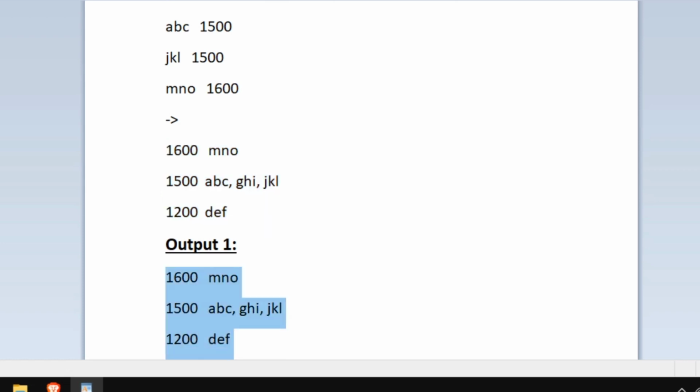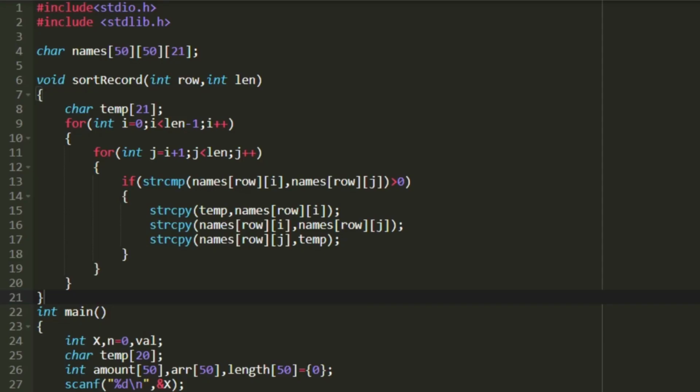So now let us see how to write a C program for this. In C language, the searching and sorting must be done manually by us. So the number of lines of the program will be big. So first I am creating a new character array named names, and here it is a three-dimensional character array. So in this character array we can store up to 50 rows, and in every row we can store up to 50 strings, and the length of each string can be up to 20 characters. So this is the data that can be stored in this character array named names.